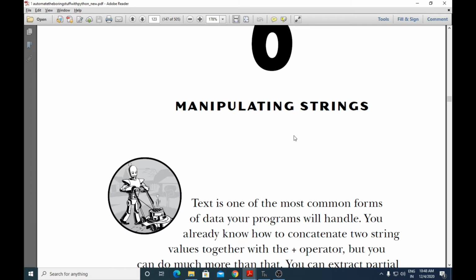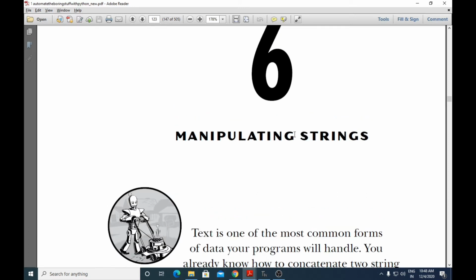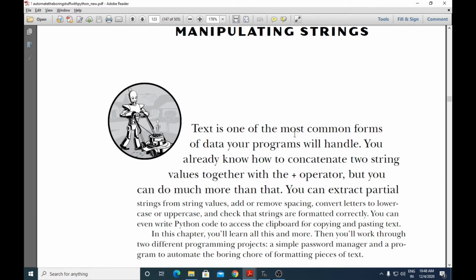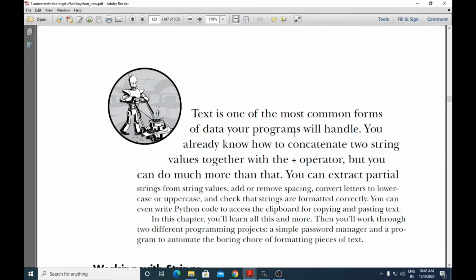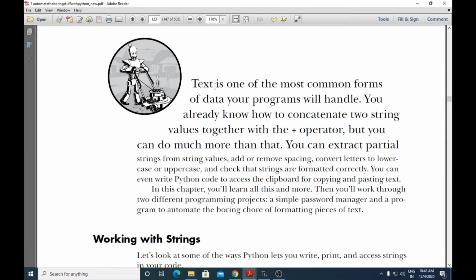Hello students, the next chapter we'll be discussing is manipulating strings. So we'll be working with the string data type in this particular chapter. Text is one of the most common forms of data your programs will handle. You already know how to concatenate two string values together with the plus operator, but you can do much more